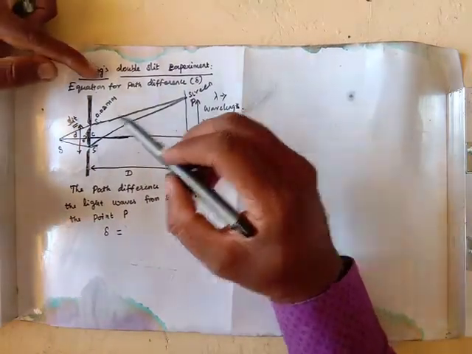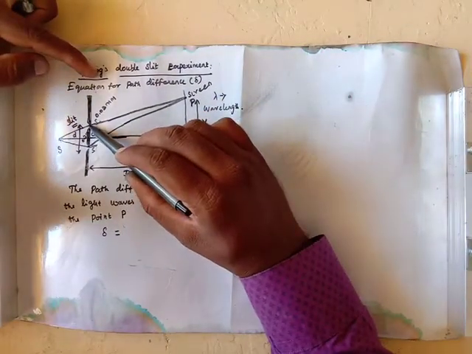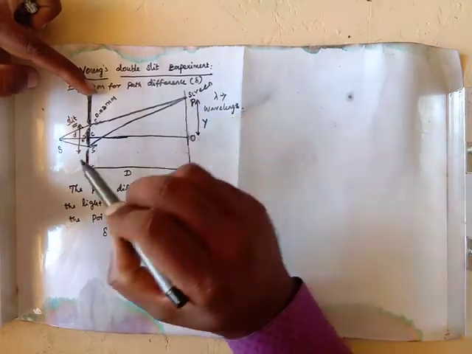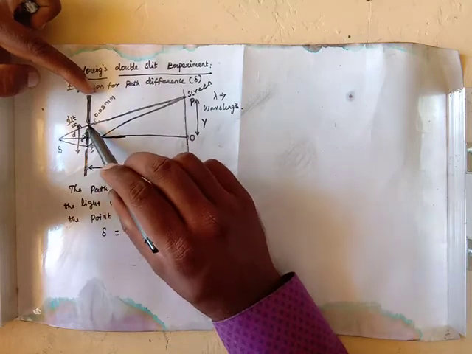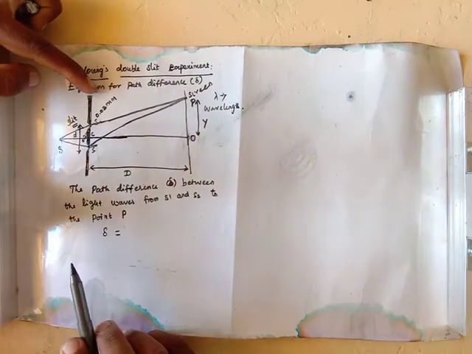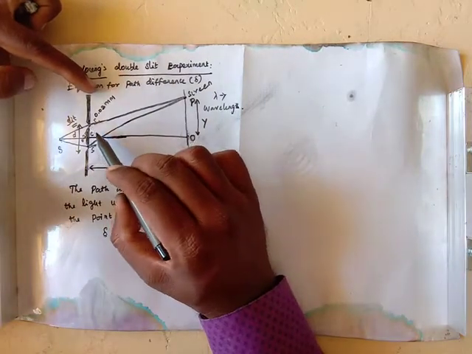We can take this wave traveling from this point to this point, and this wave traveling from this point to this point, and then they reach this point. So the path difference between the two waves